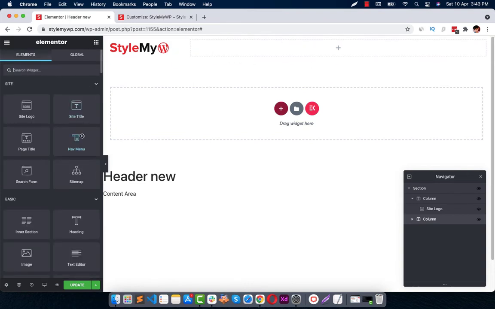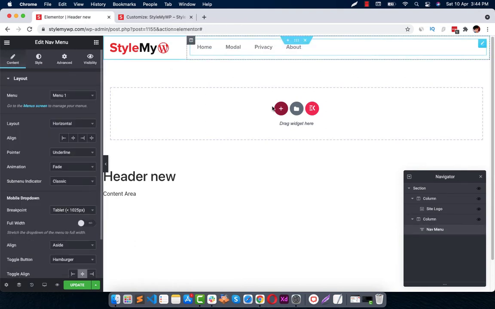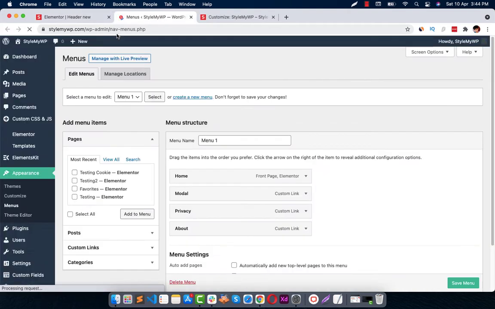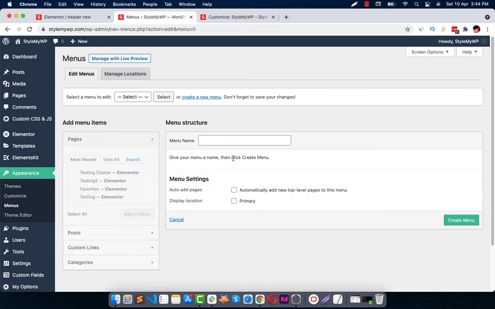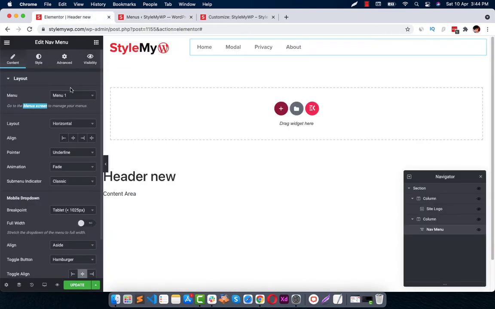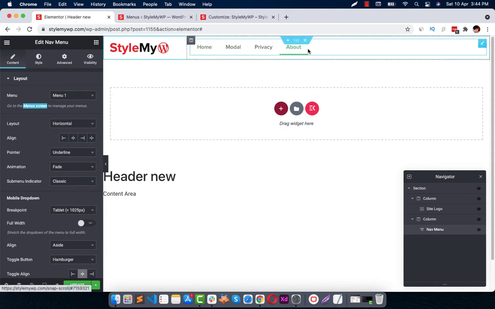Now what we see next is a navigation menu. It is coming from a menu. If you haven't set up a menu, first you need to go to appearance and menus. You need to create a new menu, or set up an already defined menu. You can create a menu from here, drag and drop all the menu items to here and just save it. I have already done it. So here are the 4 items from my menu.